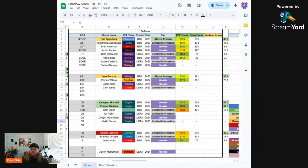I think he's going to keep his role as a starter on that team. Quinyon Mitchell obviously been great. I don't know why his PFF grade is so low. It frustrates me every week to go in and check and just see where it's at in the 70s. It feels like he's playing like an 80-plus player. But I'd love to see them both get over that 80 hump as well